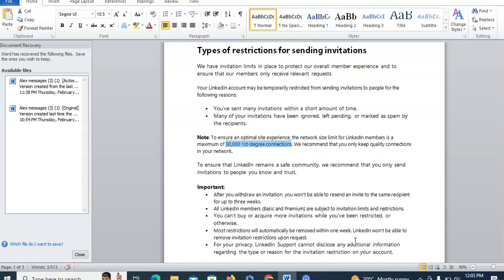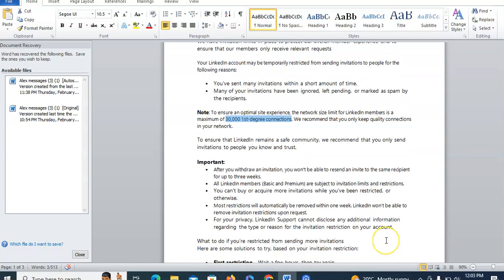Mostly, connection request limits and restrictions are removed within 1 week. For example, if you are sending more than the limit, LinkedIn removes the restriction in just 1 week, and sometimes in just a few hours, and sometimes in just a few days. And the other thing is, LinkedIn retains your documents for just 15 days, and here is the point, now you can see that. And one more thing: when your account is restricted,